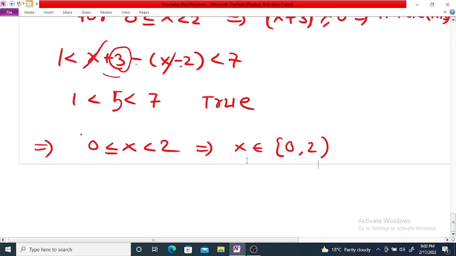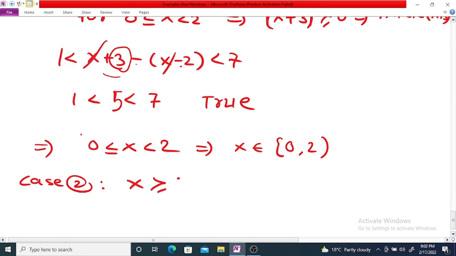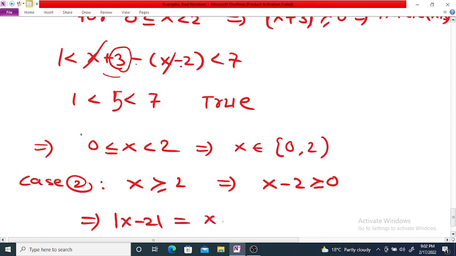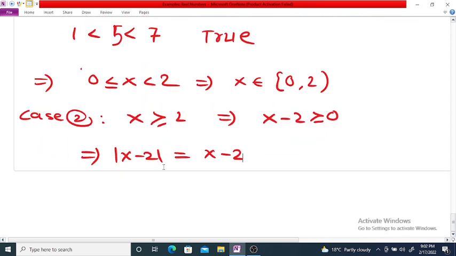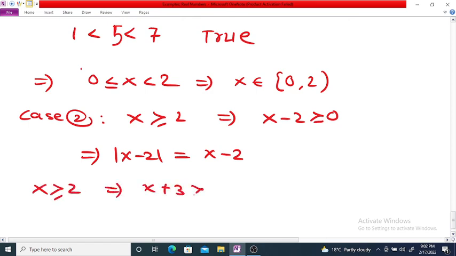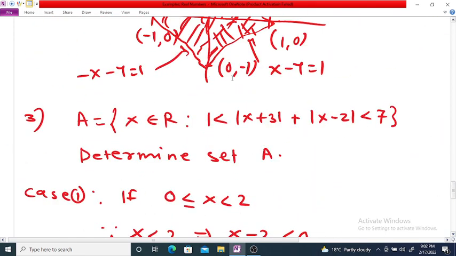Now the next, case number 2: if x is greater than or equal to 2, in that case x − 2 is greater than or equal to 0, and therefore |x − 2| is equal to x − 2. And for x ≥ 2, x + 3 is greater than or equal to 0, and this implies |x + 3| equals x + 3. So if we substitute this value in the original equation,